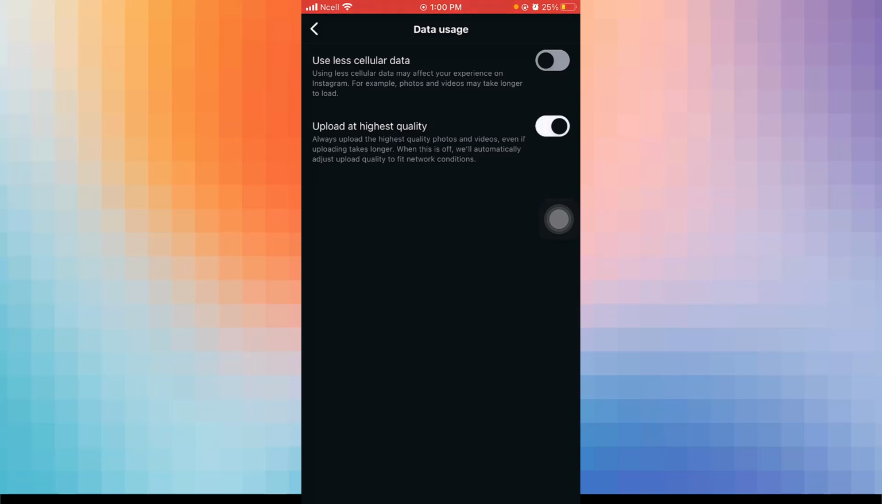Make sure you're uploading videos and photos with a stable internet connection. Also, avoid excessive editing or multiple exports before uploading. You should also keep Instagram updated to the latest version. And that's it. That's how to improve Instagram story